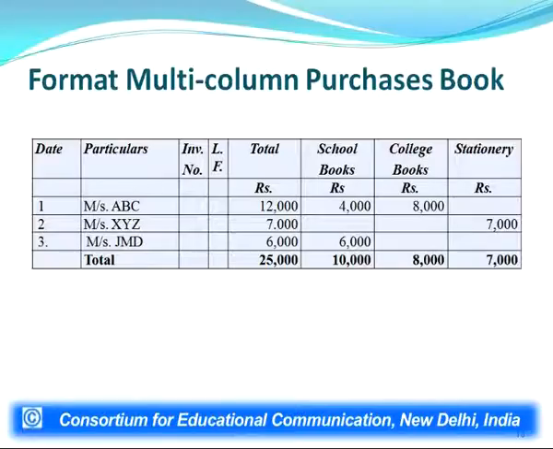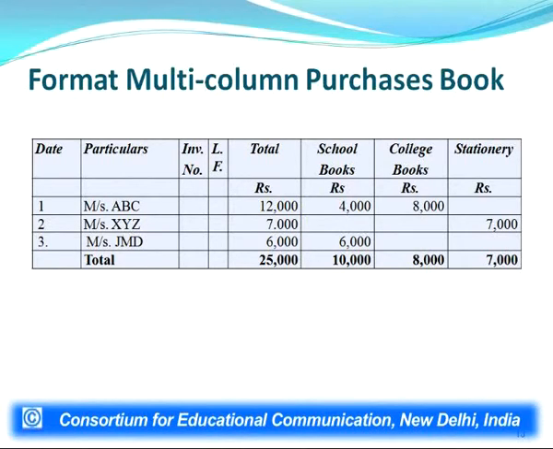So, if we want to keep a separate record for each type of purchase, then in the purchase column we can have more than one column, one for each type of goods or material. It will help to provide more detailed and transparent information about the purchases. You see this format of a multi-column purchase book,